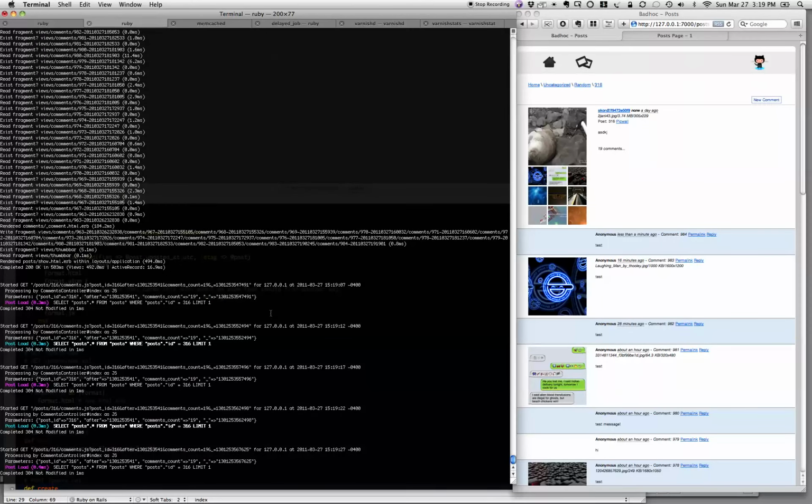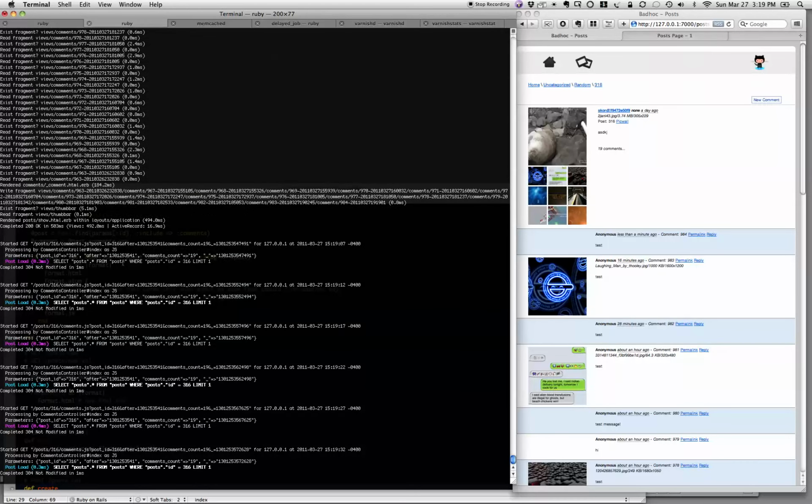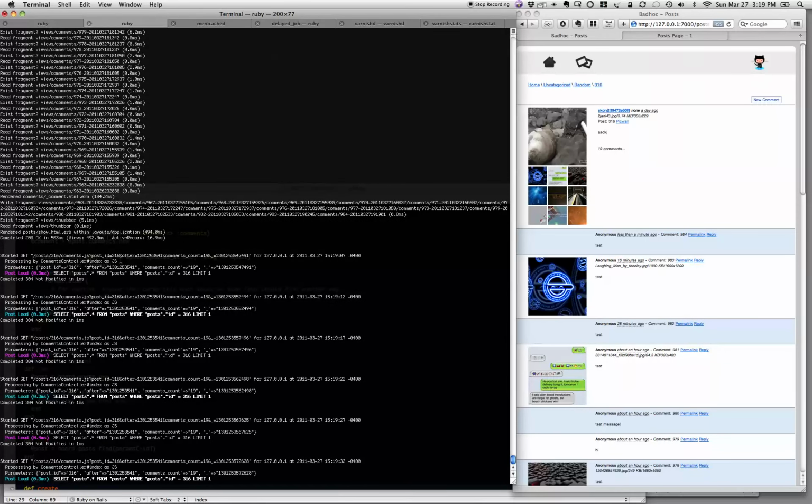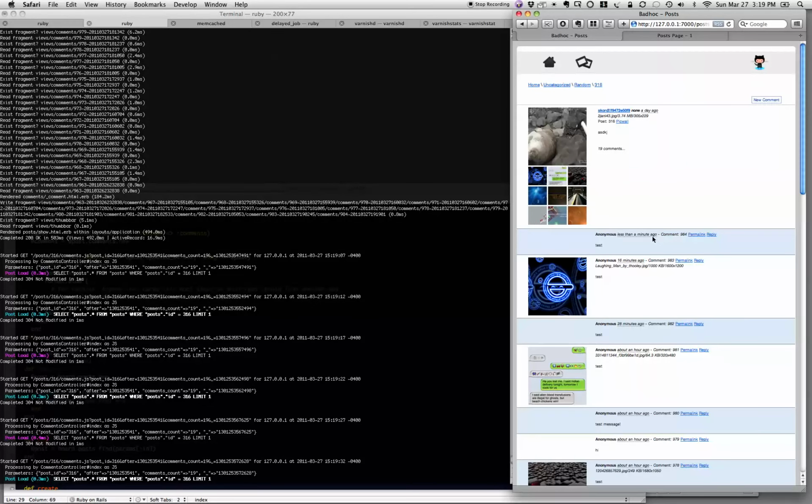Now what you see after this is the JavaScript that's polling the server for changes, sending up the comment count and the top comment here, when its date was. So when the